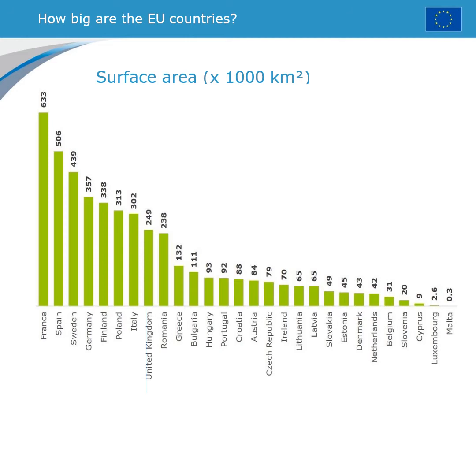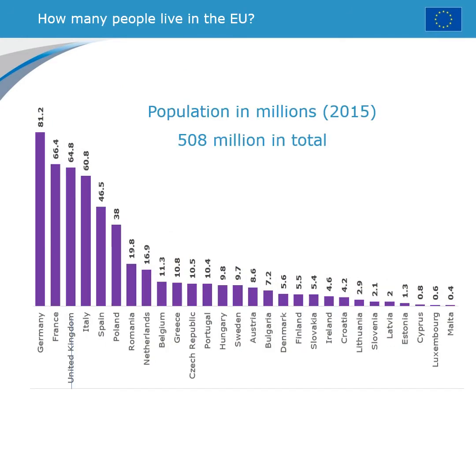So you have big countries and small countries. You have populous countries and countries with very few inhabitants. The biggest population as it stands is in Germany, 81.2 million, followed by France, Italy, Spain, and Poland. And the smallest population, again, that's in Malta, in Luxembourg, on Cyprus, another island in the Mediterranean, and so on and so forth. Of course, small countries can easily feel dominated by bigger countries in the European Union. So that's something one needs to keep in mind.